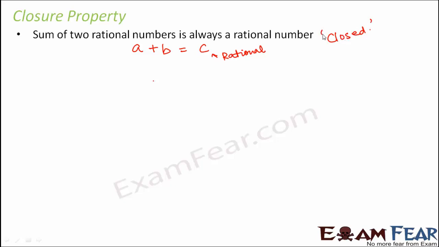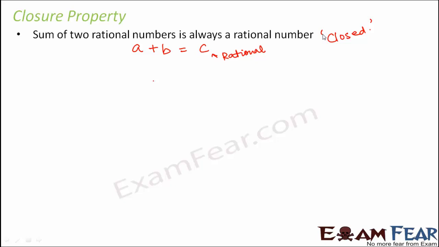Closed means they do not allow any other numbers to come in. So two rational numbers add to form a rational number again. So they remain closed within their group. It is something like this. Let's say we say that the doors of your house are closed for people other than your friends. That means if anybody else comes to your house, the doors will not open. They will not be allowed to enter. But if your friends come, they are allowed to enter.